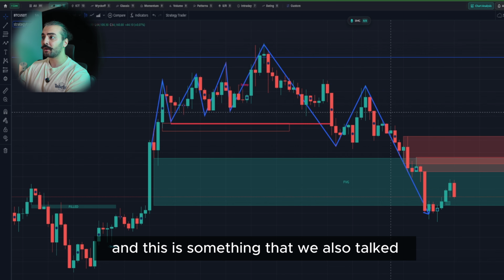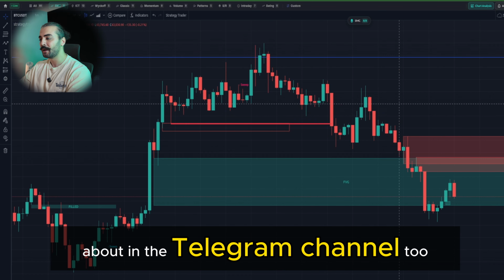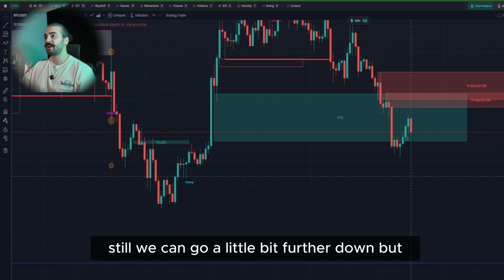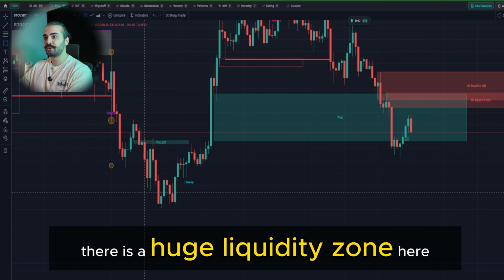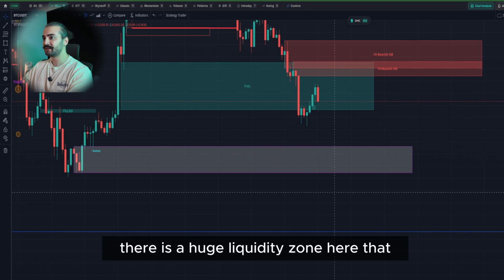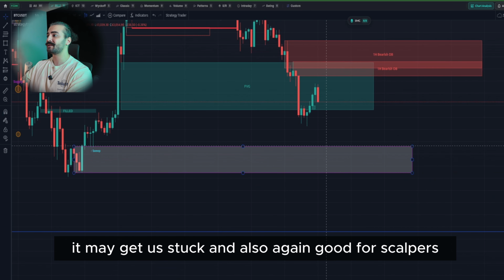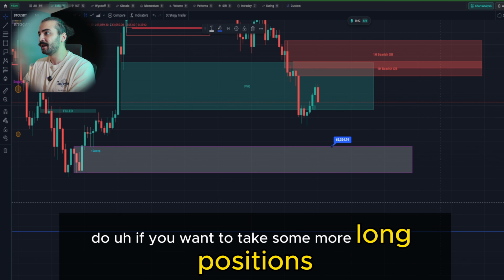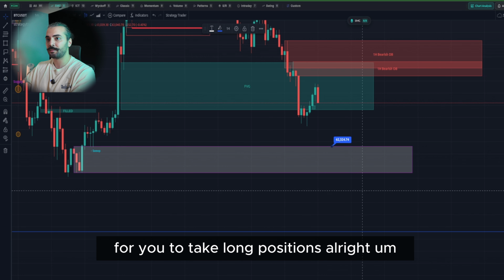And this is something that we also talked about in the Telegram channel too. Still, the bearish momentum exists. Still, we can go a little bit further down, but there's a huge liquidity zone here. I will draw this here. There's a huge liquidity zone here that may get us stuck. And also, again, good for scalpers. If you want to take some more long positions, this might be a good price for you to take long positions. All right,